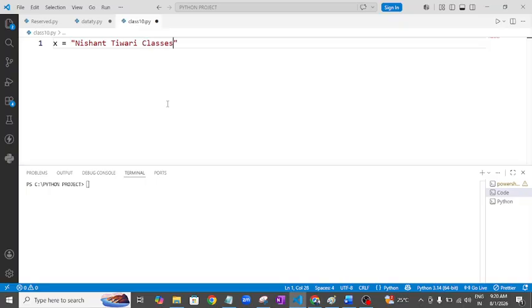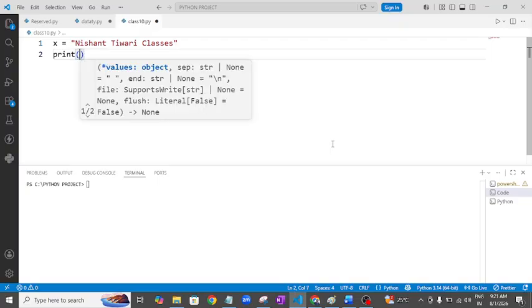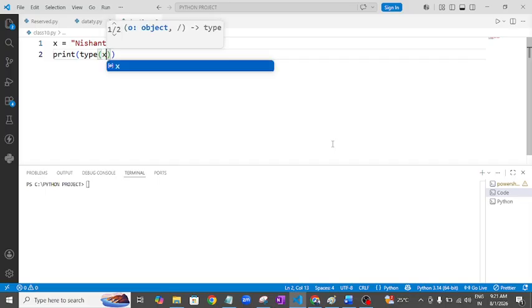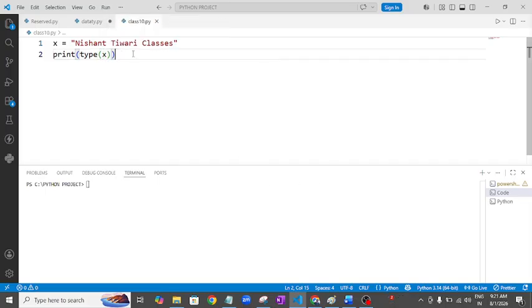This is the most important data type that we have studied, and it is going to be very important throughout your career when you are doing any programming, not only Python. Let me first print the type of x.